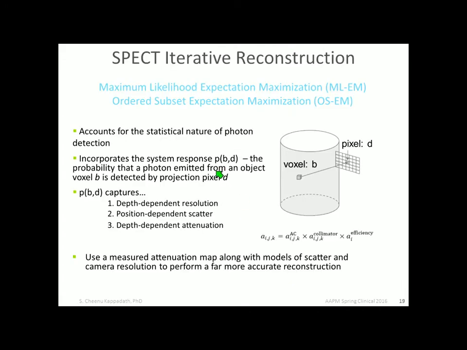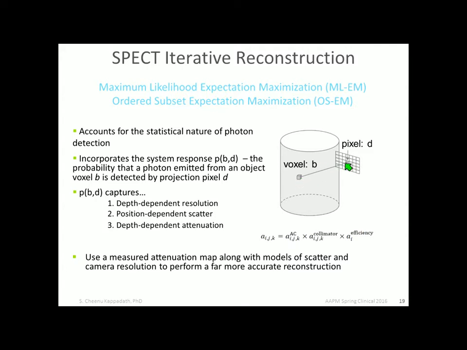I talked a little bit about FBP reconstruction, but there is a lot of the physics in terms of the process of attenuation that we cannot really model very well with FBP. So there is this concept of iterative reconstruction, and the key essence of an iterative reconstruction is this probability density matrix. So the idea is that if you have a certain voxel, what is the probability that for a given projection, it will create a signal in a given pixel